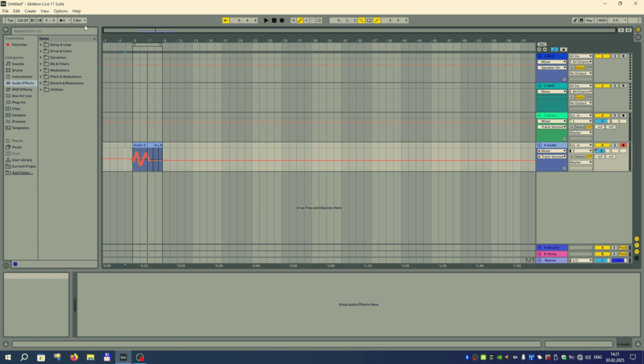The top left part is where all the song's fundamental settings are stored. And this is where you turn the metronome on and off by clicking on this button, and this is where you change its settings. And this is where you set the numerator and the denominator of a song. And this is where you change the tempo, either by typing the value in or by using a tap tempo button. And if I change this, notice how the metronome also changes.